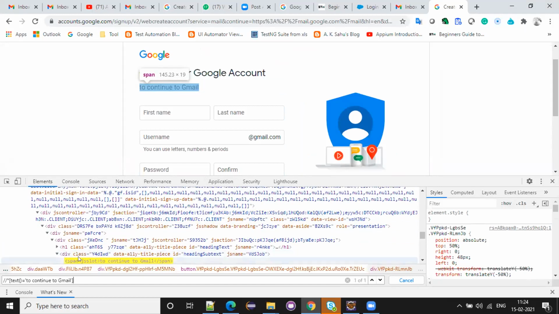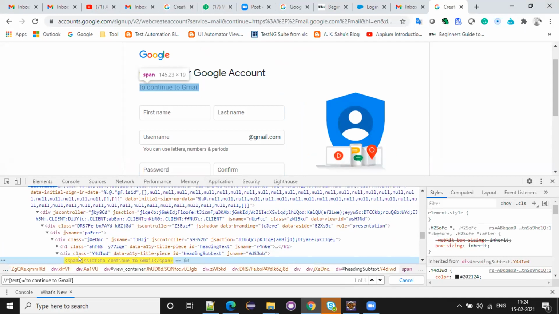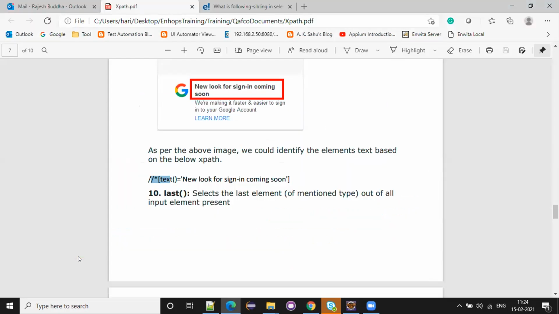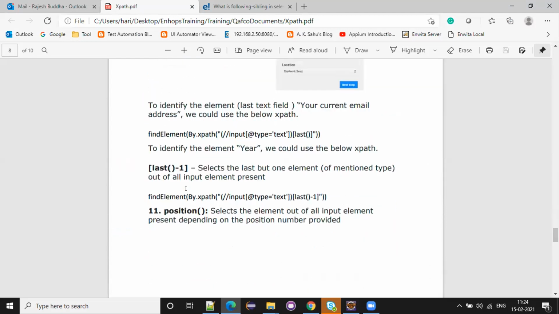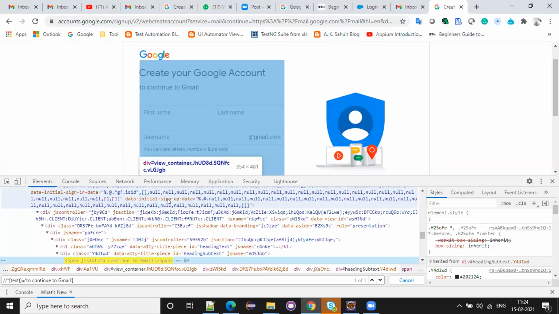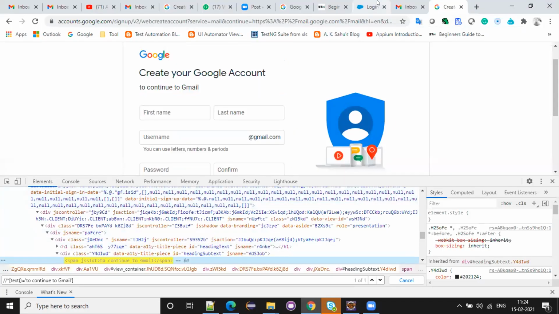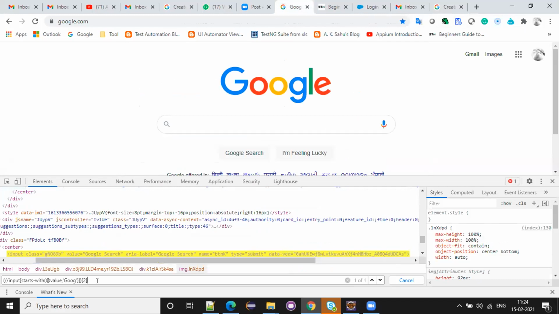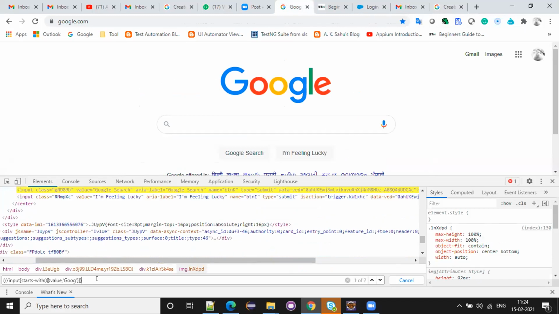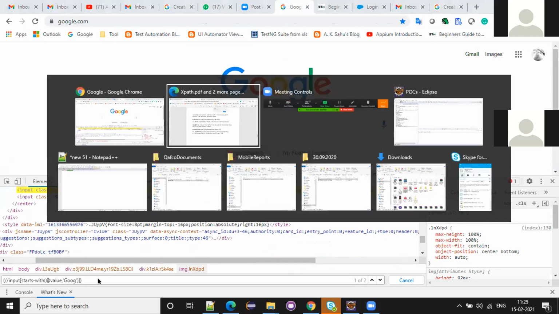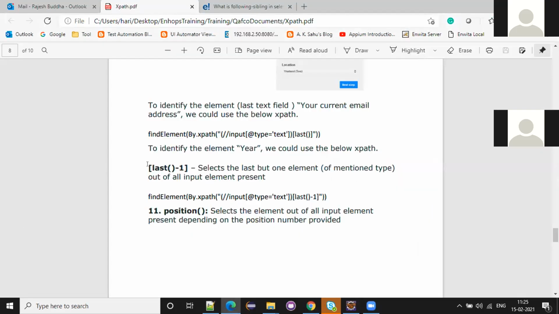So this is the Gmail. Using the text you can write. Okay. So here, position, last position. Last in the sense of what we previously wrote for the Google, right? So here we use it directly like index. Two are there. Which is the last one? The second one is the last one, right? So if I use last minus one, it will give the first one.